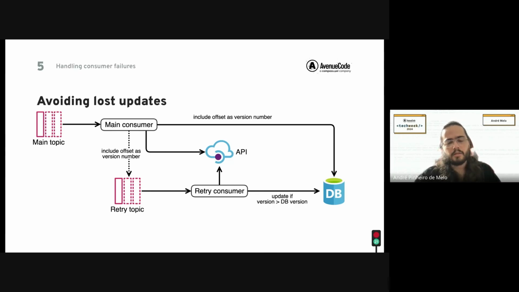Now, let's say that the main consumer calls the API and it fails. Then it's going to send the message to the retry topic, but it's not going to be the same message. It's also going to include the offset as a version number, right? And then the retry consumer takes the message from the retry topic, calls the API, but there's a